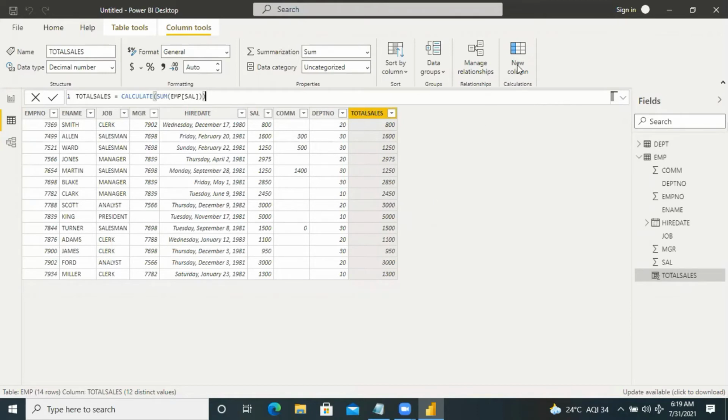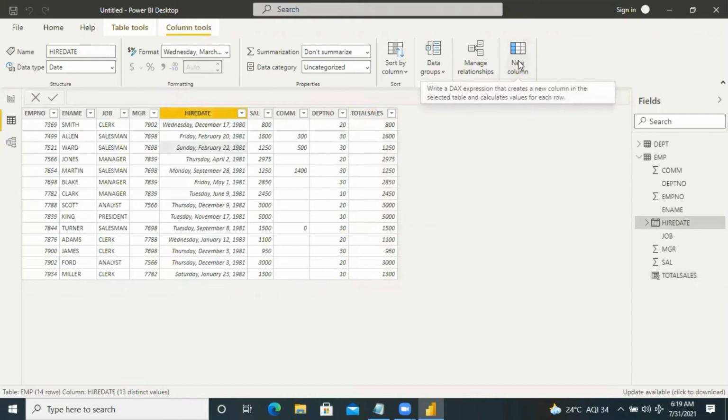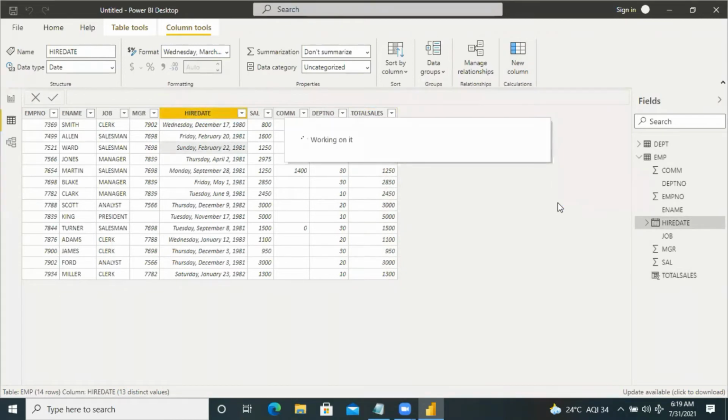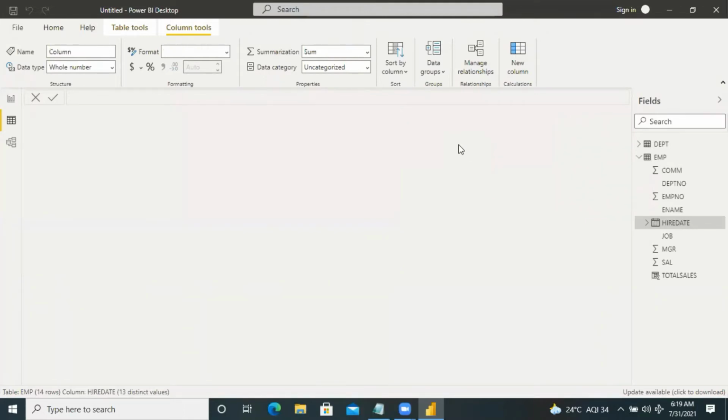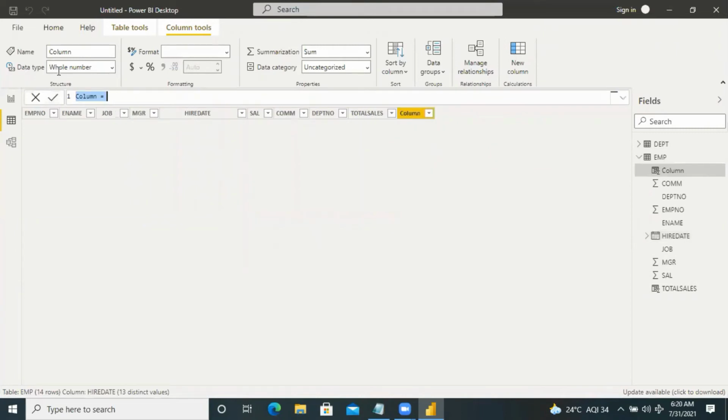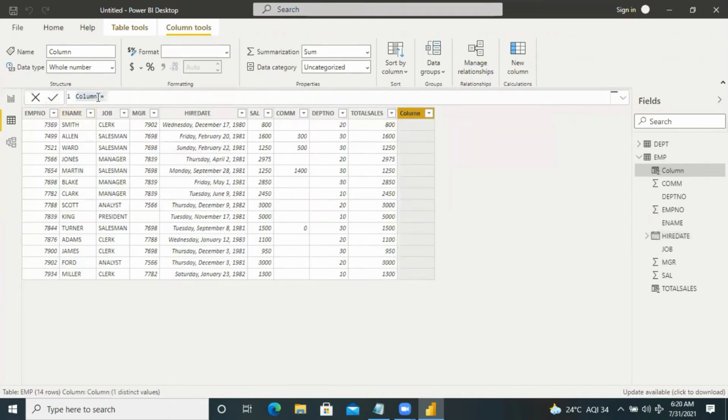Then I'm going to take one more measure, one more column. So here I'm taking the ranking. Column name is ranking.